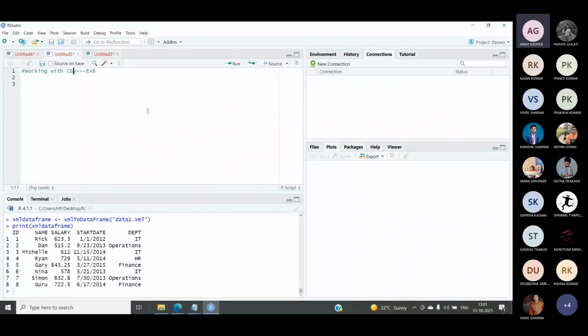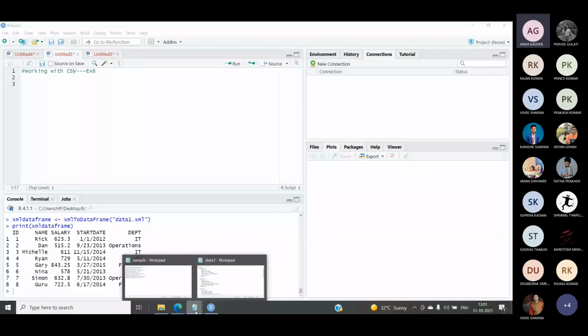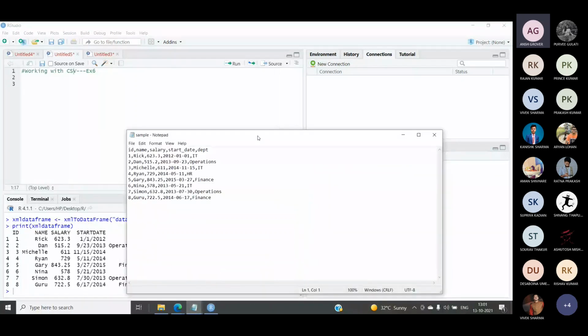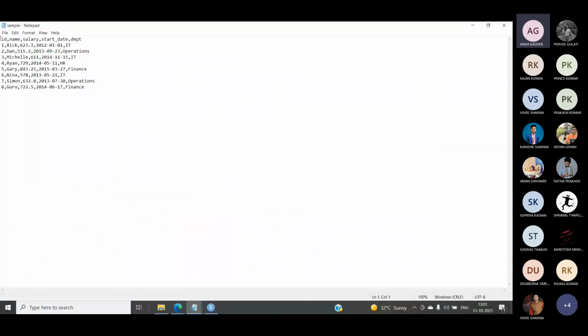Fine. So how does a CSV file look? For that, let me open my notepad. As you can see, this is my CSV file in which all the values are separated by commas. And what happens when we are performing data analysis? Sometimes we import data from external sources, because we have to work with a lot of data and we are exporting the data from a number of sources.